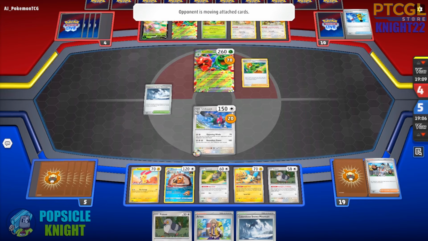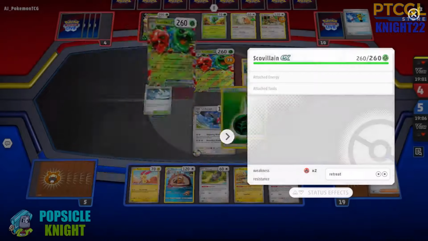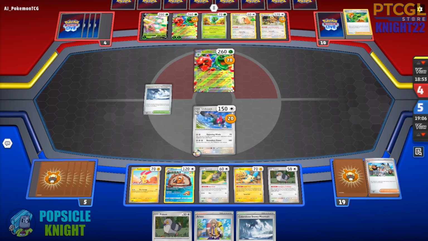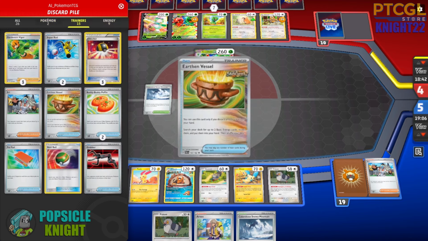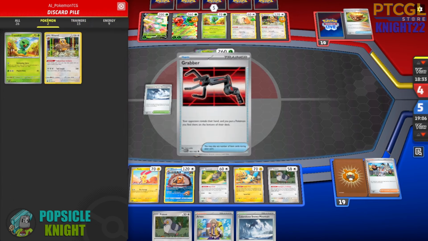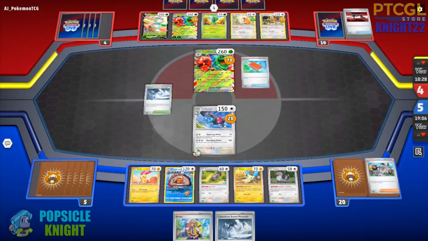We can use Gardenia's Vigor. They need a switch card, so they need 2 energies to this Scovillain EX. Alright. Minun will take effect, dealing 40 damage. They need a switch. They're down to their last 10 cards in their deck. Do they have any switching cards? This question. I think they're going for a kamikaze type strategy here. They're just planning to continue to attack with Scovillain, but without that...